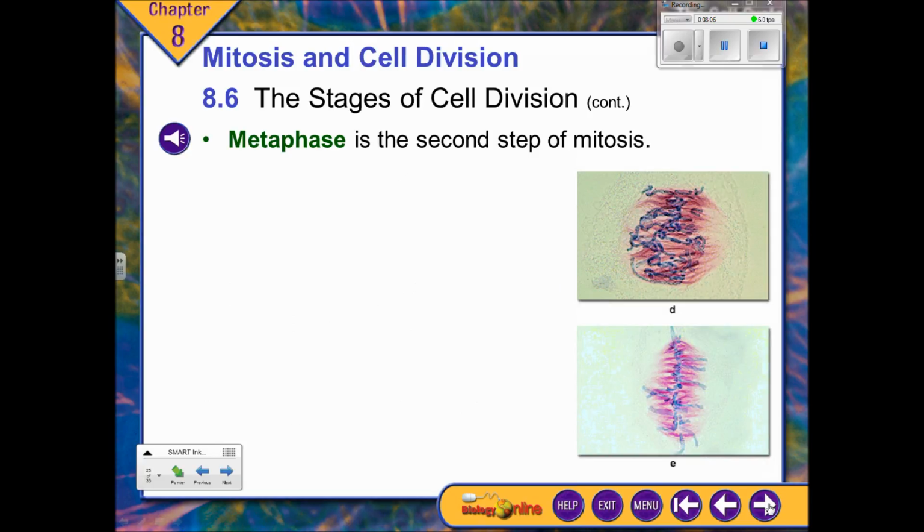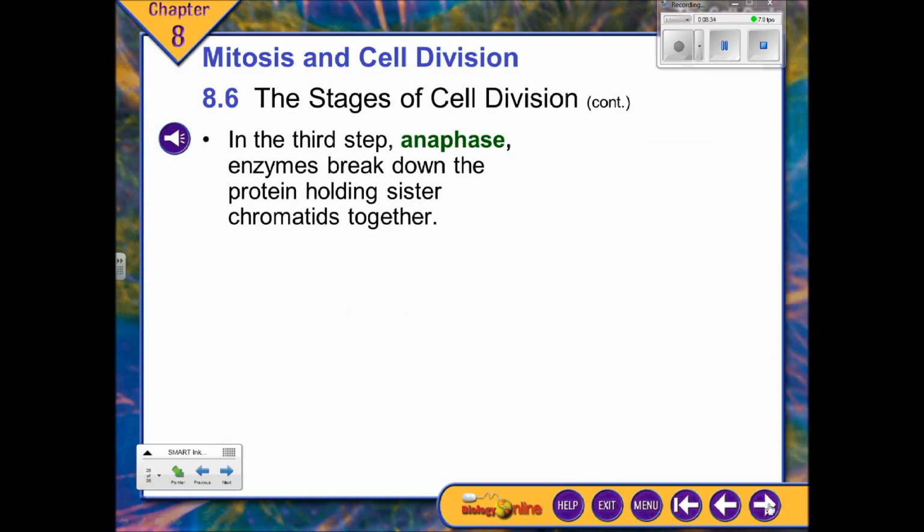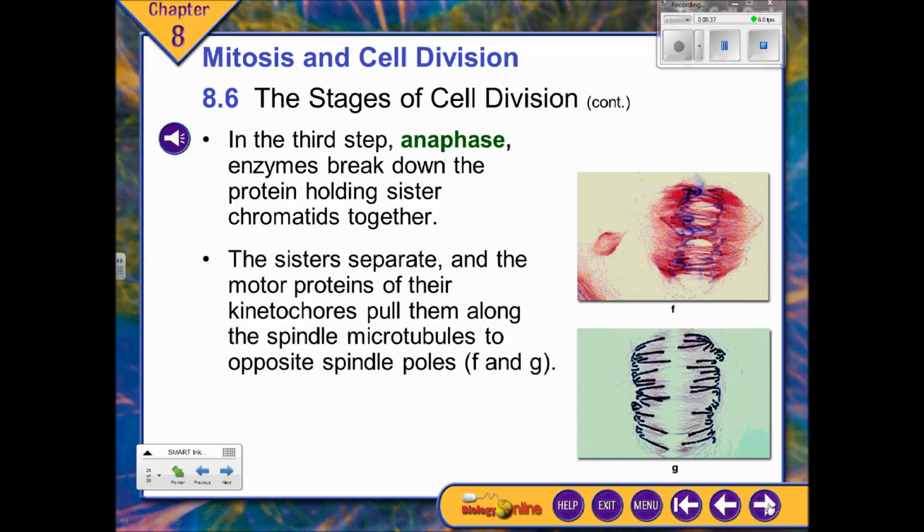Okay, next stage, metaphase. I think this one's very simple to remember because it starts with M. Metaphase, the chromosomes are in the middle, okay? Here, D, I would still count as prophase. It's definitely prometaphase, but still, don't worry about it. I don't want to see any metaphases unless they're right there at the equator in the middle of the cell, okay? And they still don't always look that perfect, as you saw in the video, and you'll see today under the microscope.